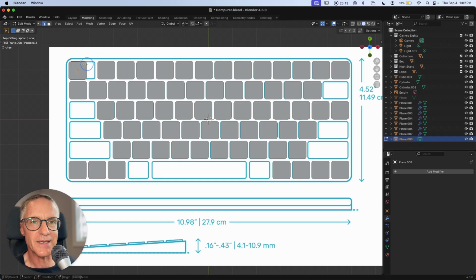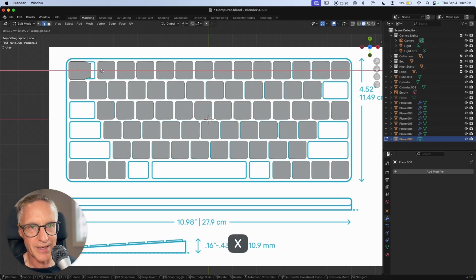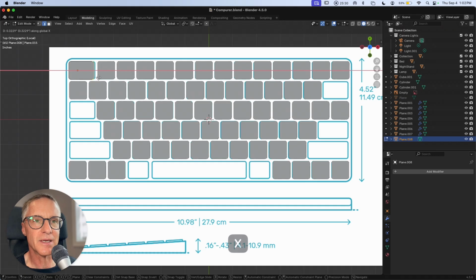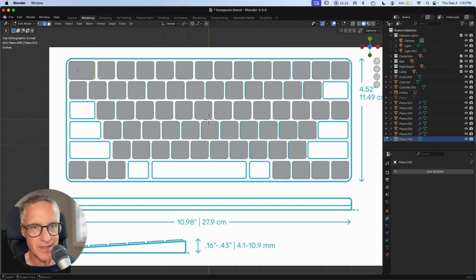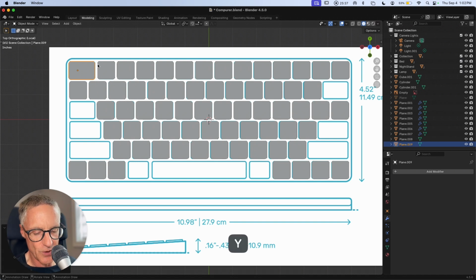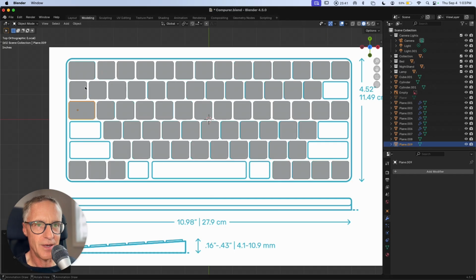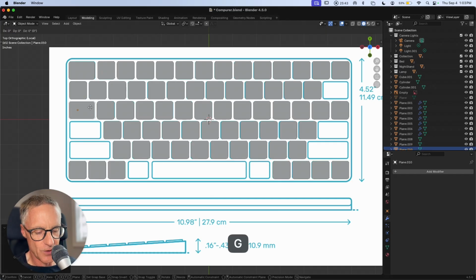So we're going to select, I'll show you what happens. If you just select this edge and you go G to grab X, you get this. So you got to select these corners as well, the radiuses we added, so G to grab X, like that. Tab back into object mode. We'll do a Shift D, G to grab Y, that there. Shift D, G to grab X,